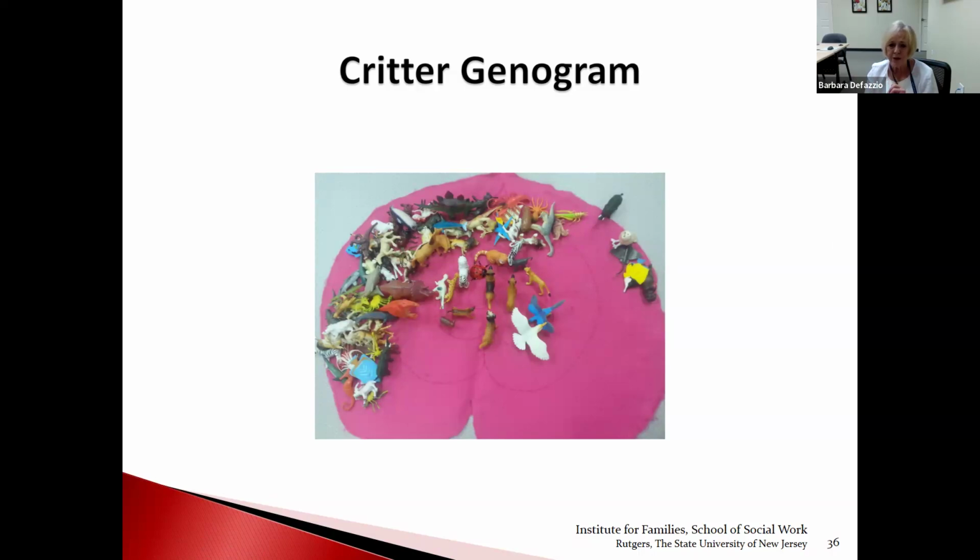So she did the critter genogram. And these were the two siblings here that were adopted, because they did this and then they told her what it was. These are the adoptive parents over here, these four little people that are hanging out on the edge of the heart. And this, in the mind of these two children, was their extended family. This was a Hispanic family. These two children were Hispanic, and to be honest with you, it may have just been their memory or what they wanted their memory to be,